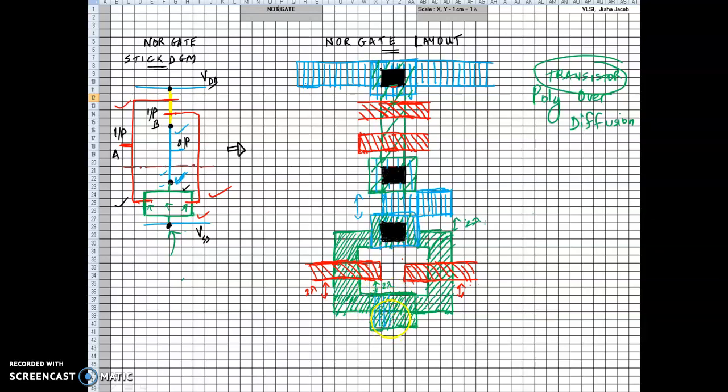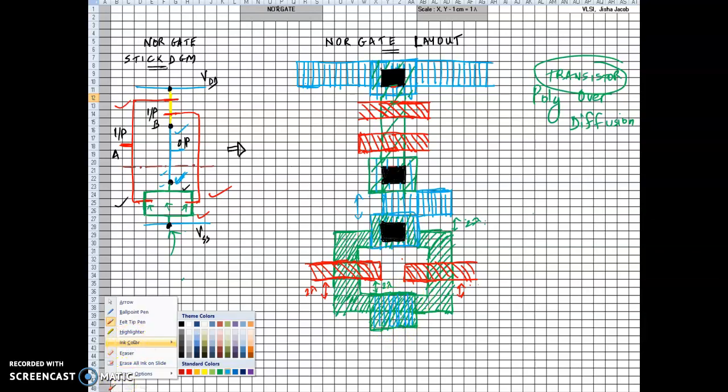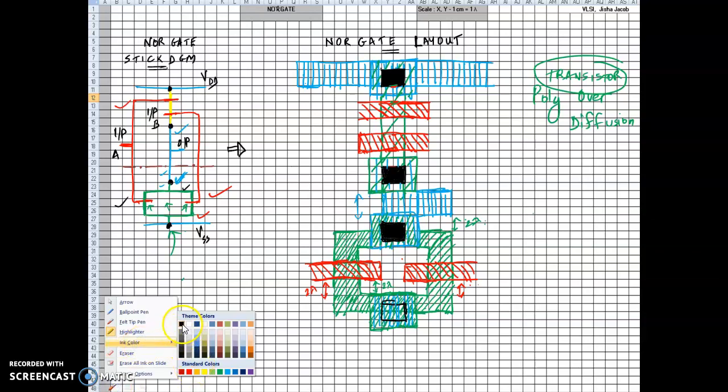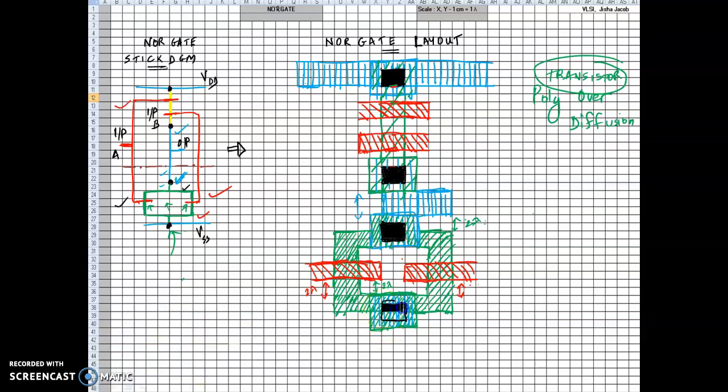So let us shade it with the second one, that is metal. Okay, once again we have the actual contact, which is a black 2 lambda by 2 lambda square. Okay, I think I went a little too much up. Okay, let's stop there. Let's fill it with black. This is 2 lambda by 2 lambda, situated right in the middle of the 4 lambda by 4 lambda square. Okay, that should do it.